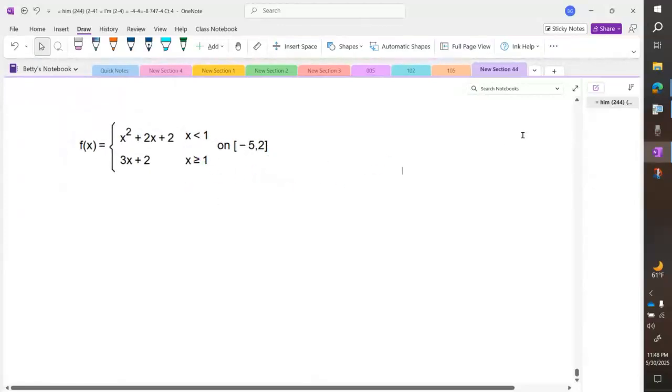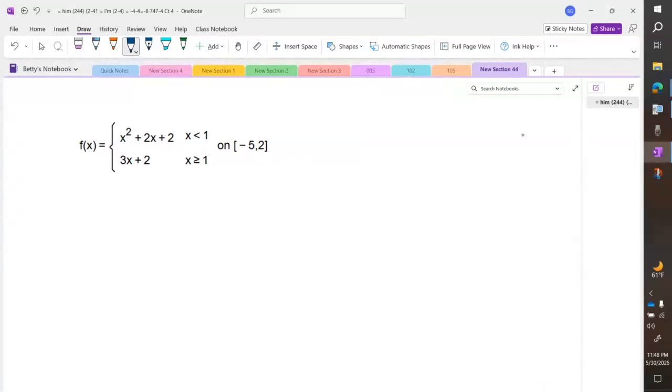And then y is right inside the interval. So the area is the integral from -5 to 2 of f of x dx, right? Because this is positive,